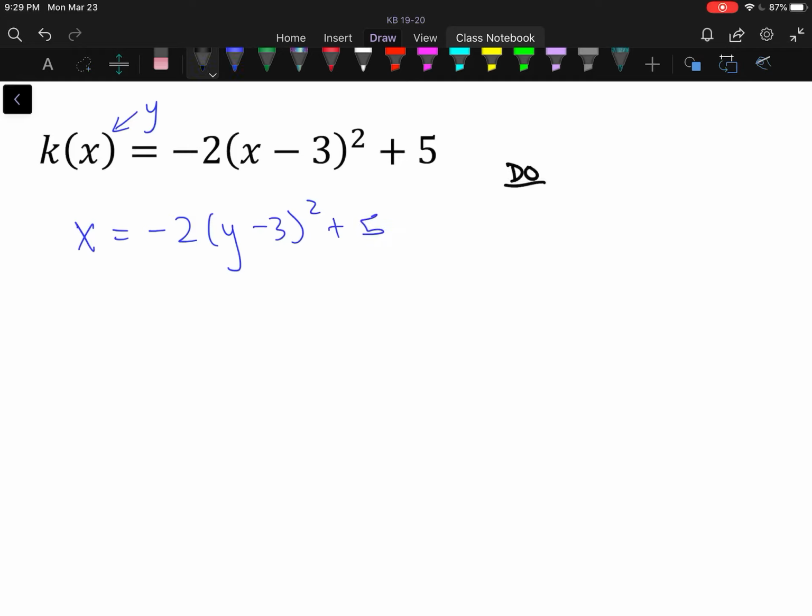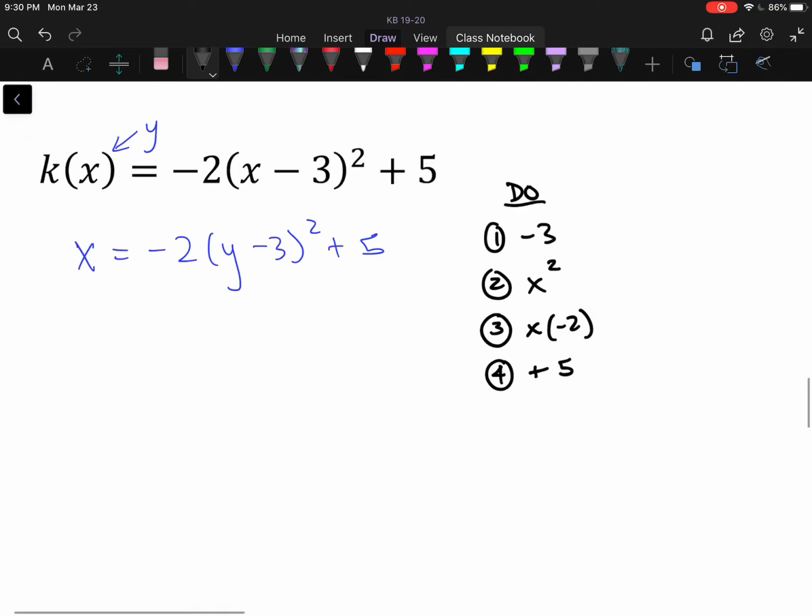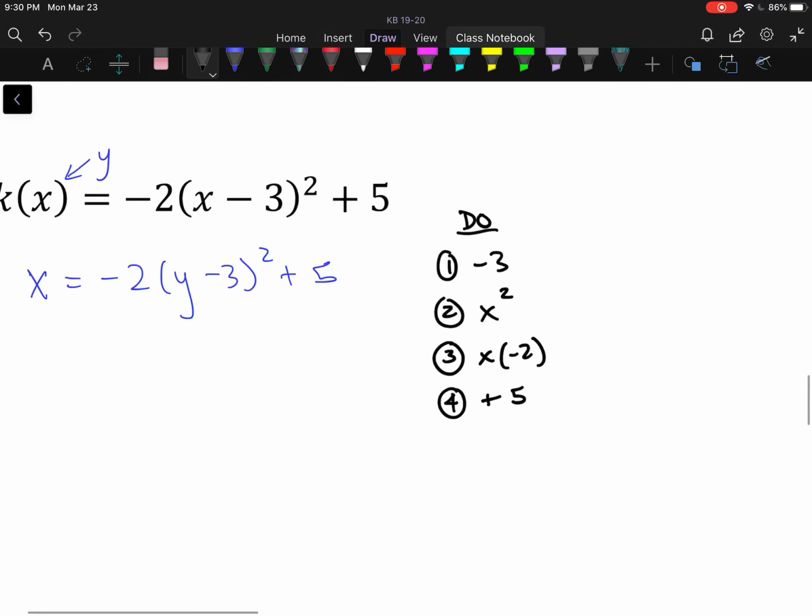Okay, we can write down our do list. So the first thing that we want to do is parentheses. What's in parentheses? So that tells us that we're going to subtract 3. Then we have exponents, and so it's squared, so we'd have to square. And then we would have step 3, which would be multiplication division. So we would be multiplying by -2. And then we would be looking for addition and subtraction. So we would have to add 5. So our undo list